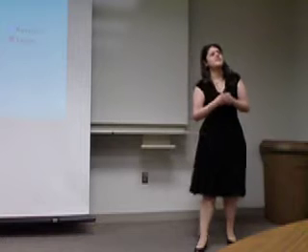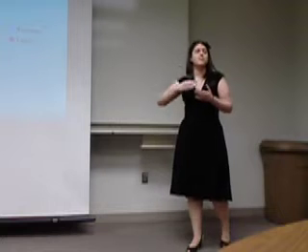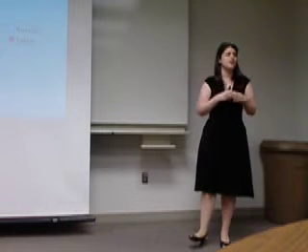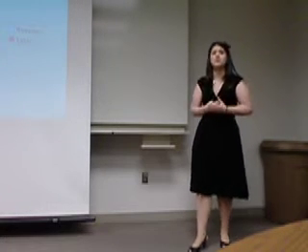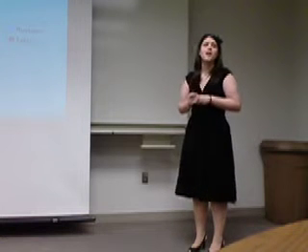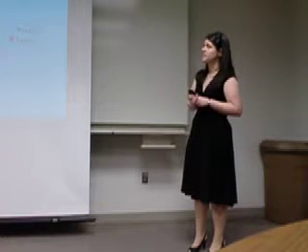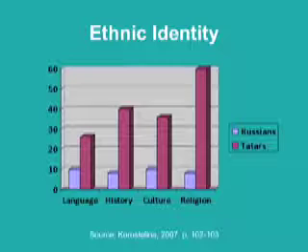Ethnic identity is a little harder to define because ethnicity and ethnic identity, it is very constructed, and it is very subjective to the individuals of that group. It follows along lines of behaviors and culture more than biology or any of those traits, so very constructed. And the best way to explain ethnic identity, my graph here shows some research that was done by Korestalina amongst Russians and Tatars. It was between 1998 and 2001 that this research was conducted.